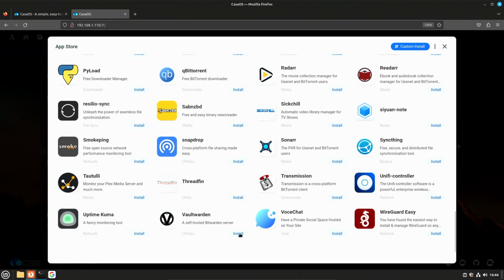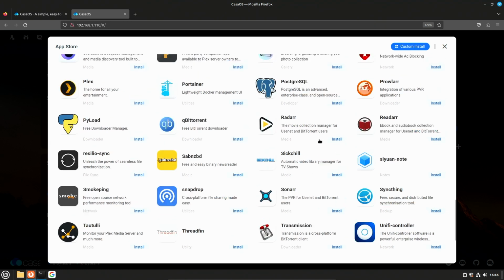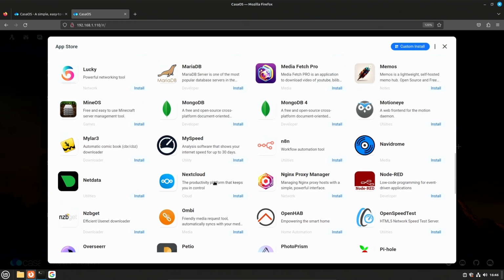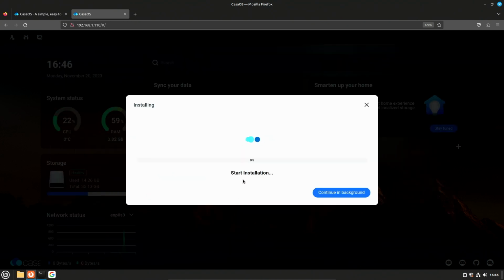So as you can see, we've got a bunch of different options, and this is the stuff they put actually in the thing you can get to directly, but it looks like you can do a custom install up here. That's pretty cool. Let's see. What should we do? We could do Nextcloud. It's been a while since I've played with it. So let's hit install and see how quick this works. I've got a decently fast internet connection. So let's see how long it takes to do the install.